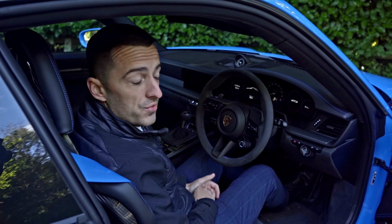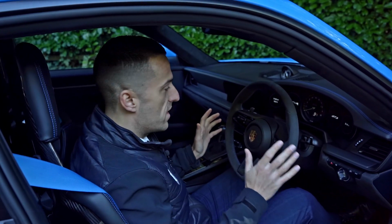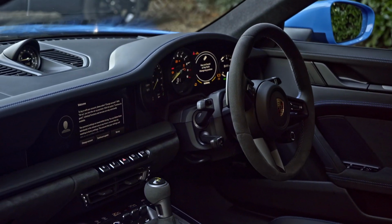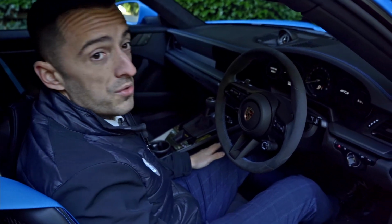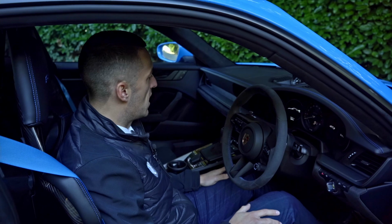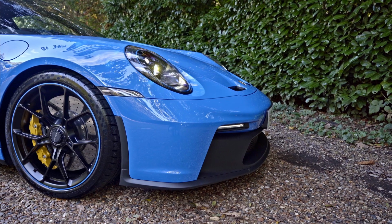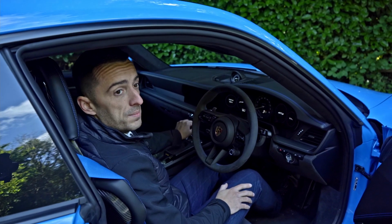As you step into the GT3, you will notice instantly you're greeted by Alcantara, pure luxuriousness for a sports car. This particular car is equipped with a couple of items. You've got the Bose sound system, so if you're not wanting to listen to the engine, you can listen to your music. And probably most important for a car like this, front lift. Now, if anyone knows sports cars, sometimes they can be an issue,